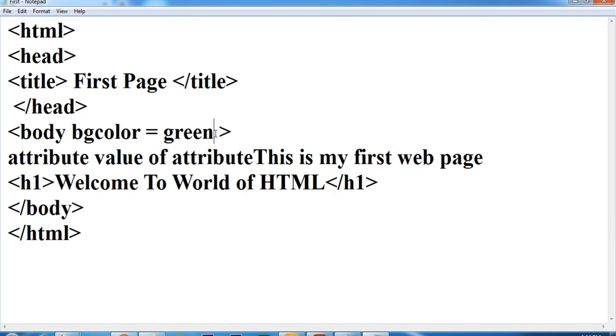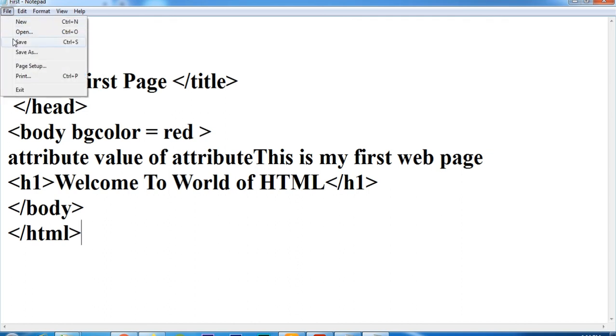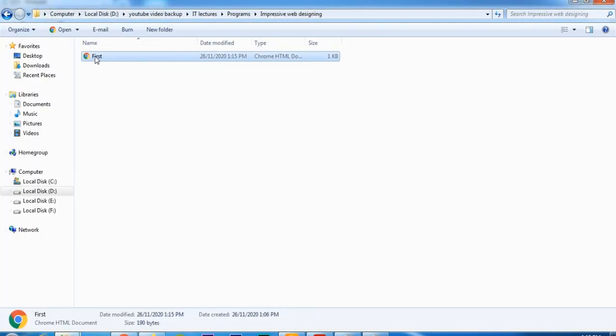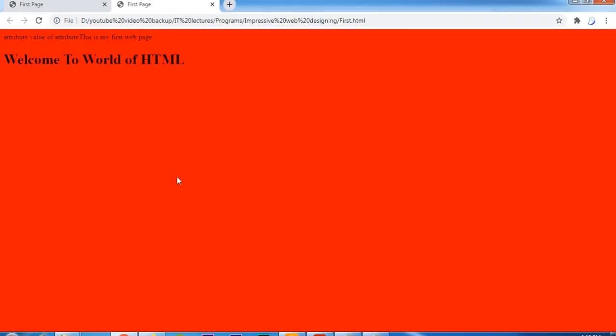I am showing you simply: if I make it red here and save this program, then my page color will be shown as red. If I rerun this program, my page color will be red. That is the attribute of your particular tag. We are going to see different attributes of different tags.